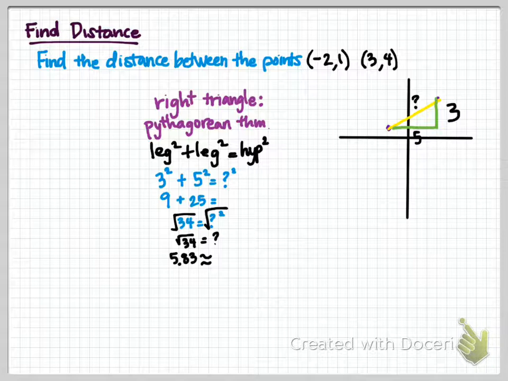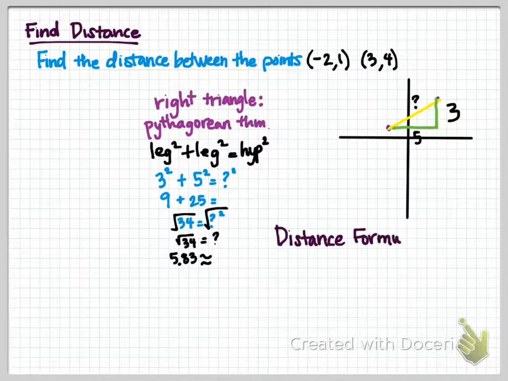So that's one way, using the Pythagorean theorem. Really convenient because everybody knows the Pythagorean theorem. As long as you're plugging the legs into the right part, you're pretty much going to find that distance every single time. Some people prefer the distance formula, which I was never able to memorize as a student, but here it is. So the distance formula